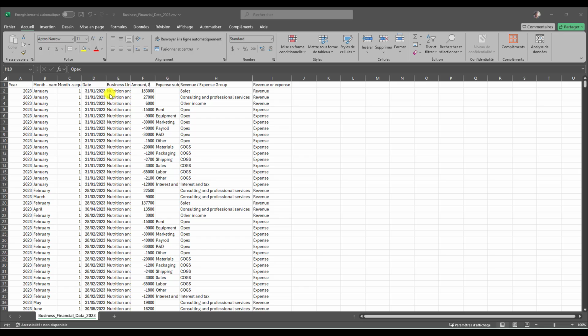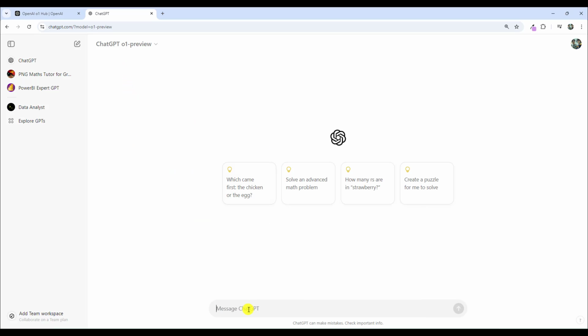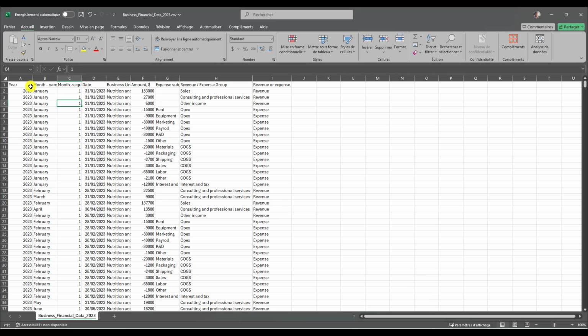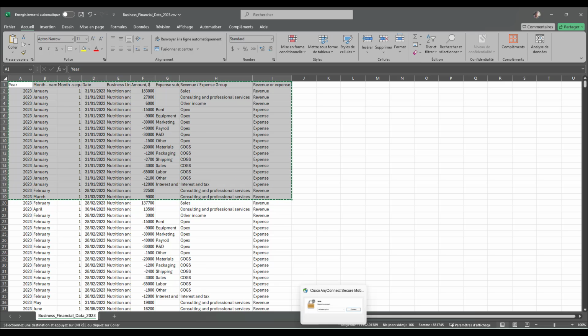Okay, so let's start with the planning phase. We need to design our star schema, and in doing that, we need to identify our fact and dimension tables. The data set that I have here is a CSV file of business financial data. Right now the O1 model doesn't accept file uploads, and it can't browse the internet. That's all right, because I'll just copy the first few lines of our data set, and then it can work using this information. So I'll just copy that,